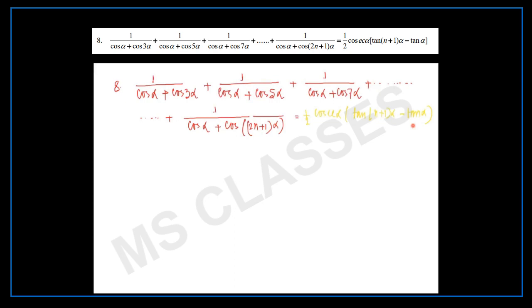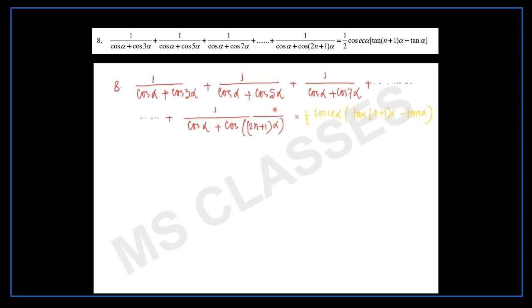For this type of sum, it is always better to proceed from the nth term. Here you can see this is our nth term. If we simplify this nth term, then it will be very easy for us. So how to simplify? For that we have to keep something in mind. Ultimately you have to take it to tan. Now, here you have cos in the denominator. To get tan, we need sine in the numerator.